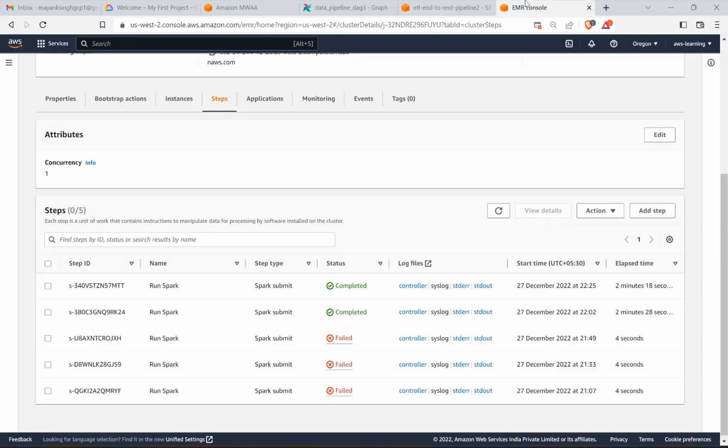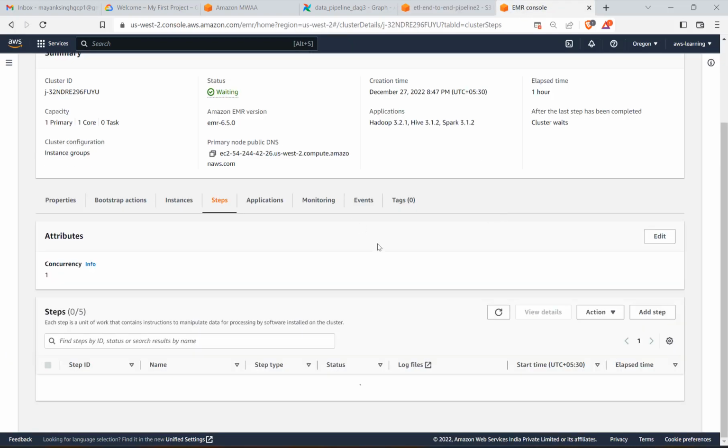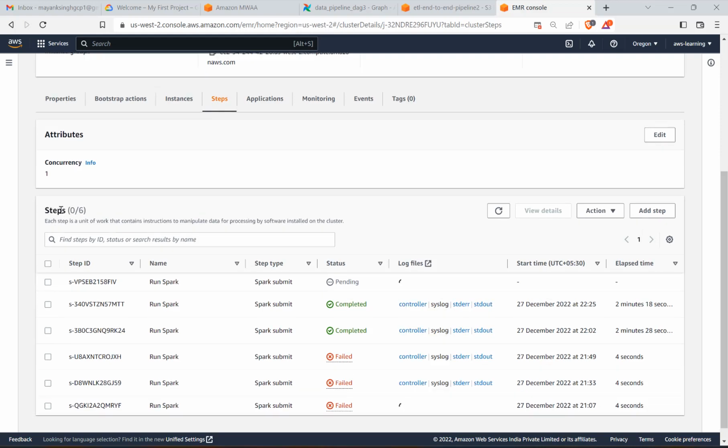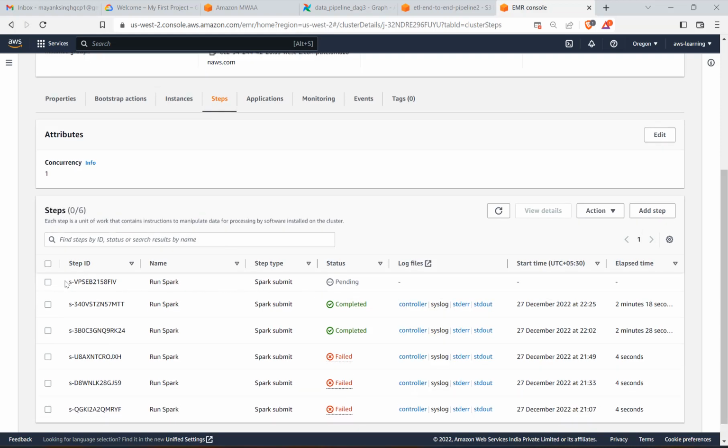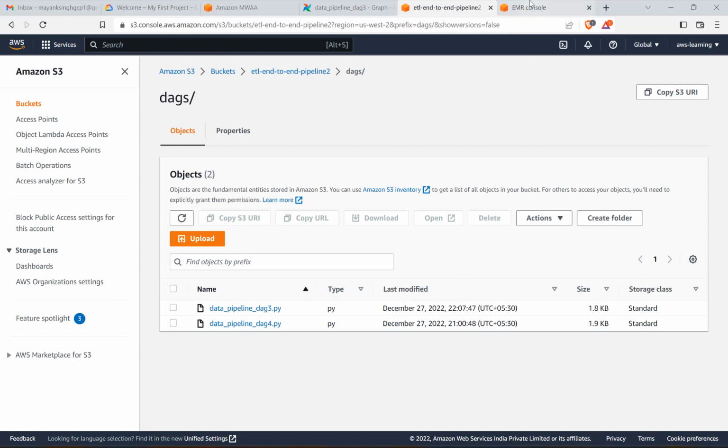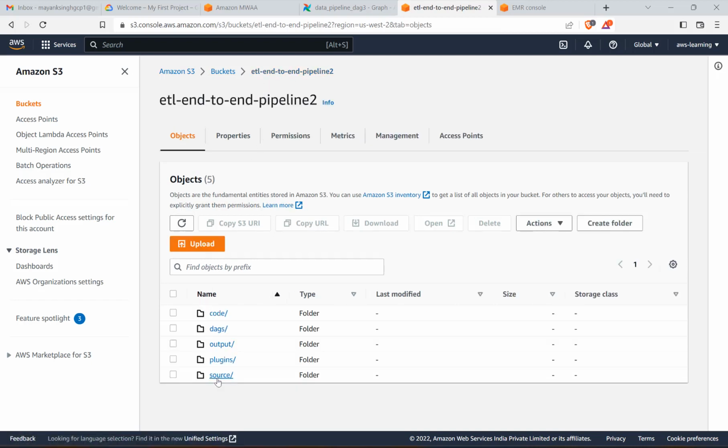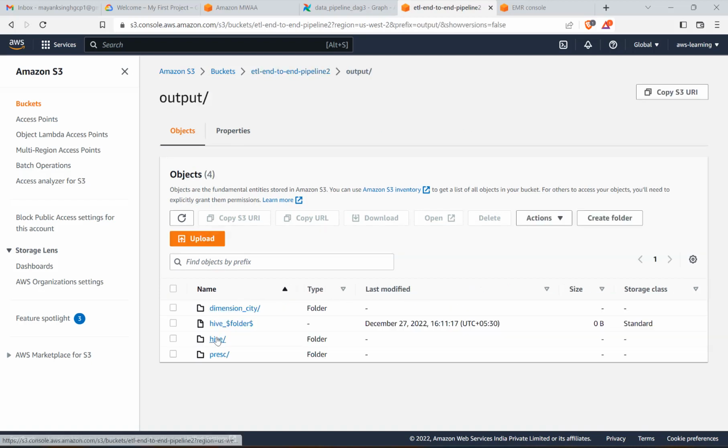That means our job has been submitted on the EMR cluster, and now we see 6 steps. Currently this is the step ID and it is pending. Soon it will change to running. The Spark code that I have written will read the data from two big files, do the join and save the data to an S3 location, which is nothing but my Hive external table location. If I show you the output Hive,